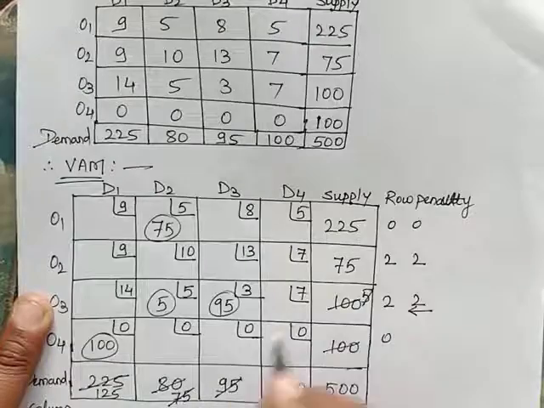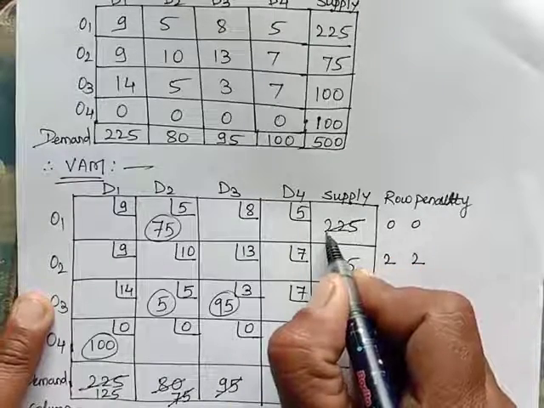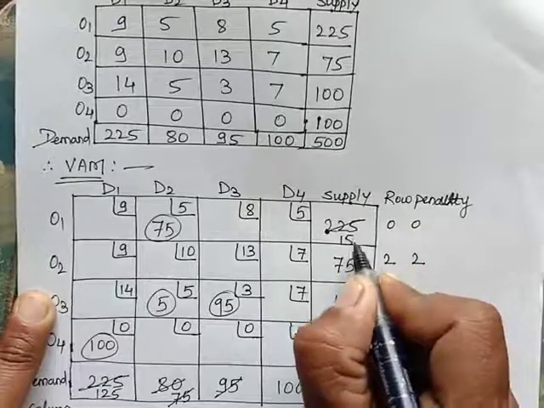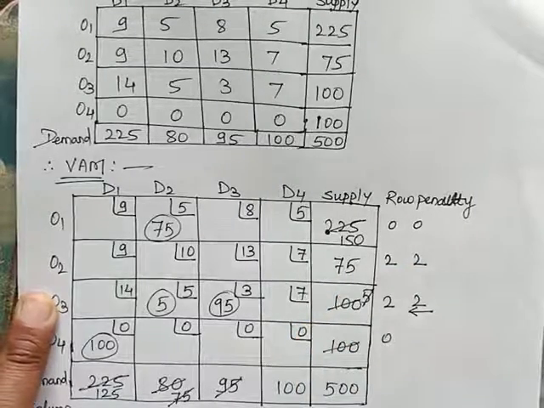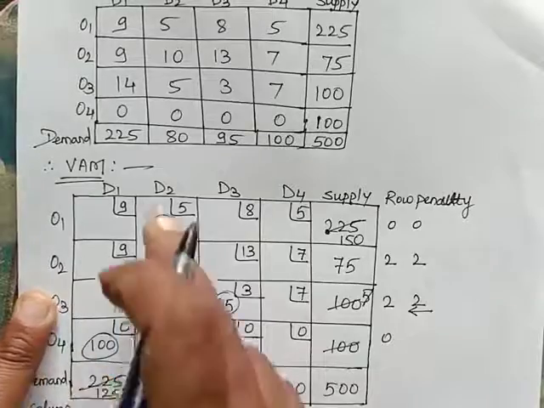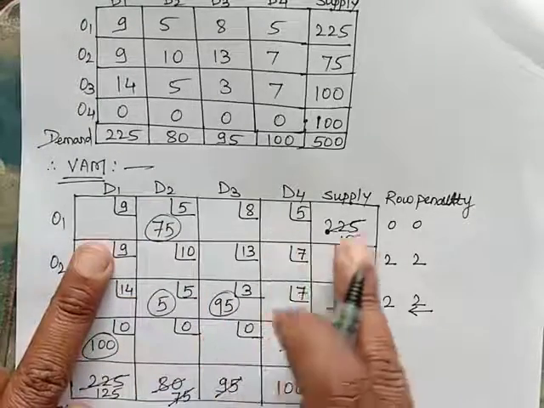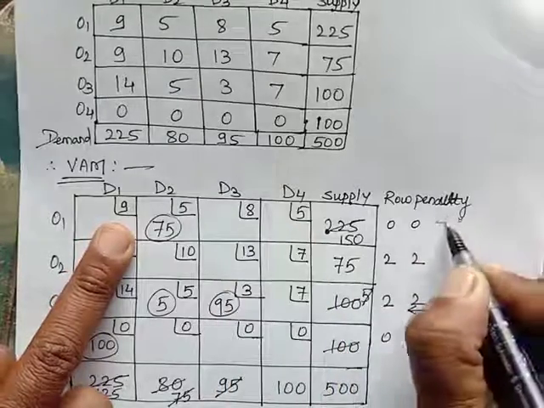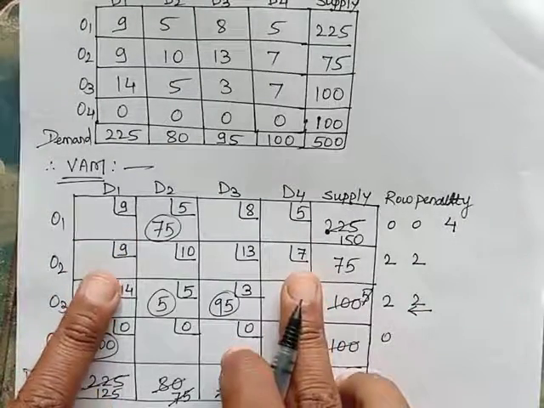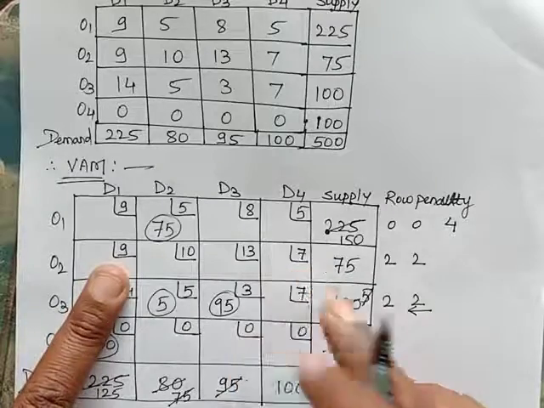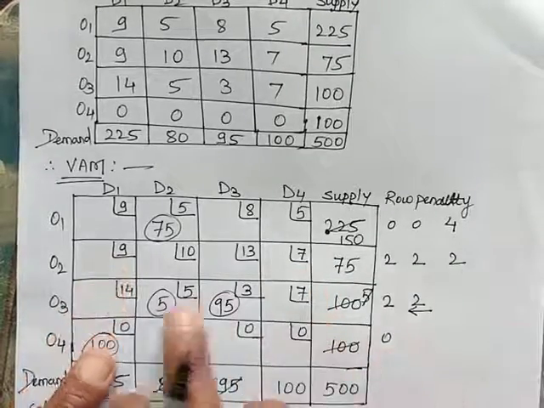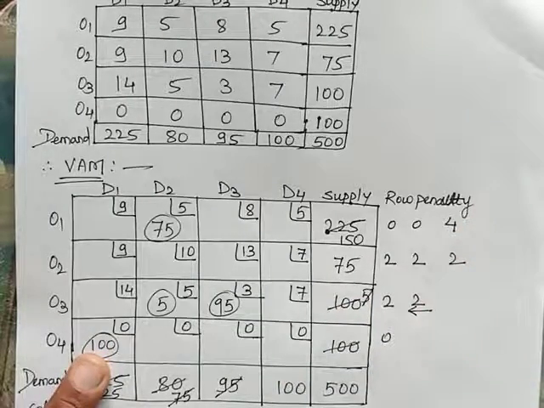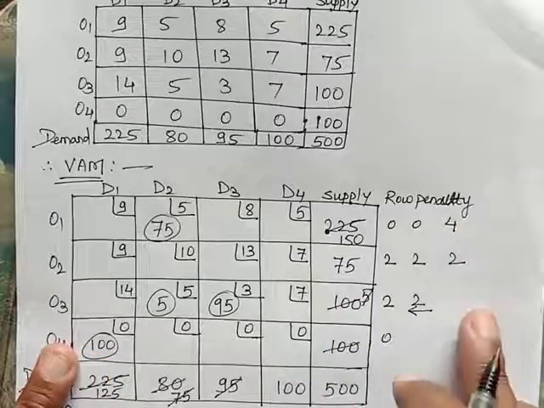So this is satisfied. How much is left here? Here we see, 150 will be left. Fine. Now further, due to that what happened, this column is satisfied, so the row penalties will change now. So this column is satisfied, so the row penalties are here 4, here it will be 2, and these two rows are satisfied, so no need to determine these penalties. So between 4, 2, 0, which is the biggest one?